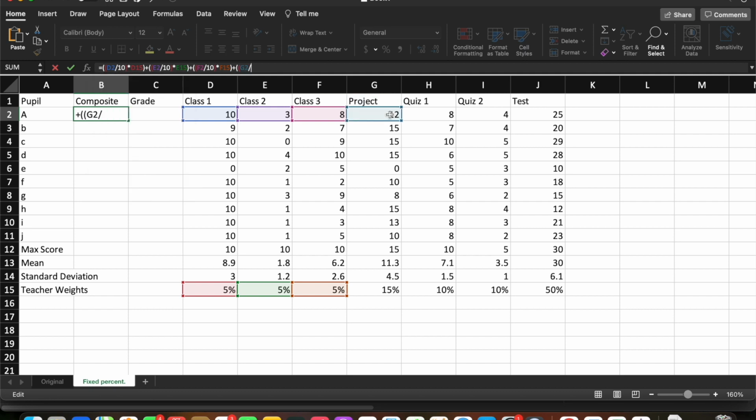G2 out of that max score, which was 15 because it is our first project of this grading period, times G15, plus quiz 1, which is in H2, out of the max score, which was 10, times H15